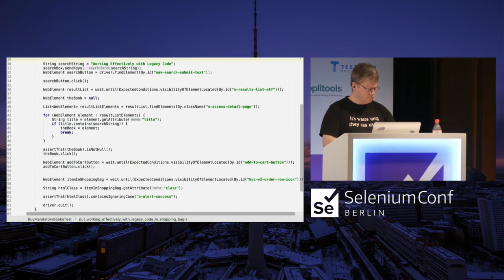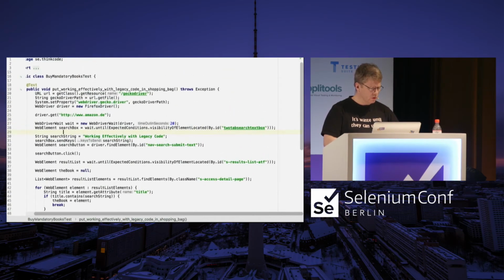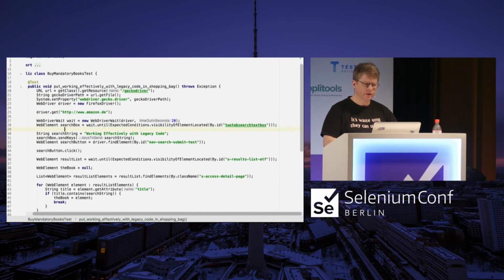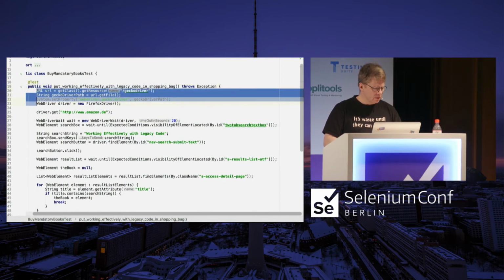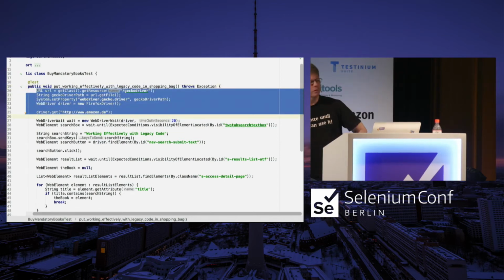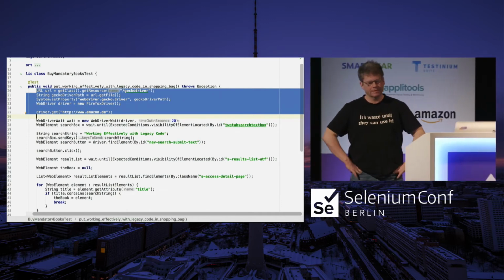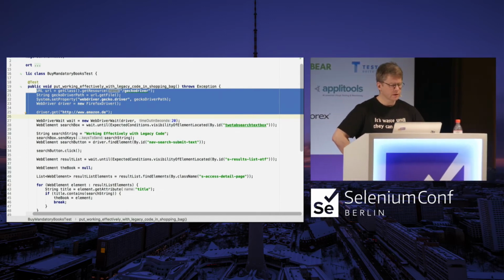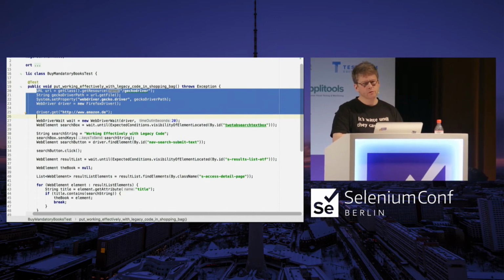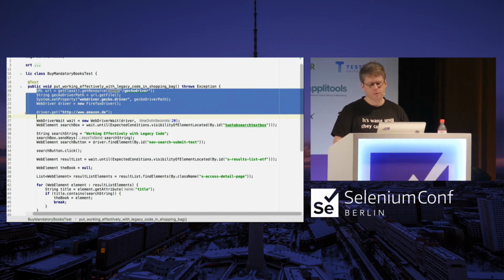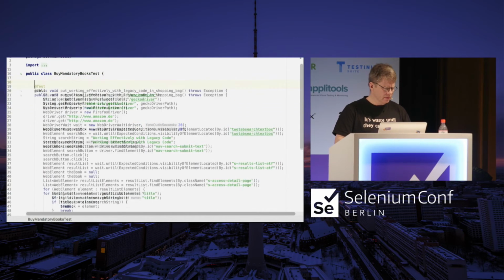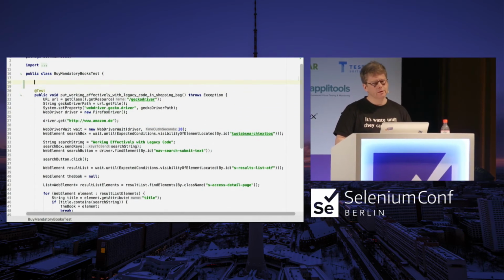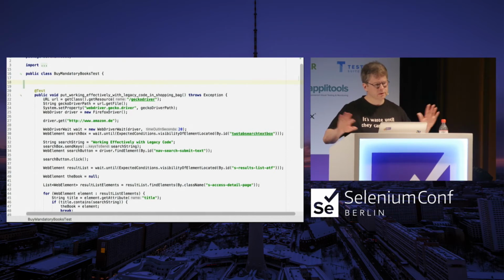so is this one small? No, not really. The thing here is that this one is really small and it's really unfocused. It does everything. One thing I can do is to make sure that I extract this part to set up somewhere, and all of a sudden the test will be way more focused. The test doesn't really care how we get the browser or a driver in this case, it cares about can we put this thing in the shopping bag. That's what we're interested in. The rest is just technology, probably uninteresting.